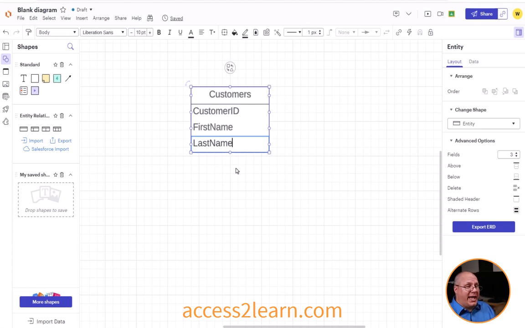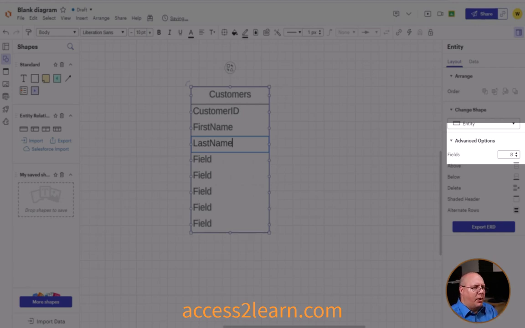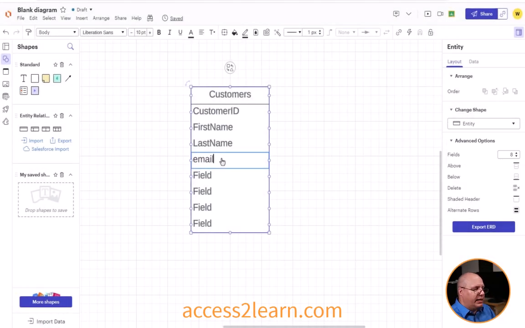Now, I don't have enough fields here. I need other things. I need things like maybe an address, and maybe things like an email address and a phone number, and other things I might need. All depends upon how am I going to use this? What am I going to do with this? So I'm going to take a look at my fields over my right-hand side, and I'm going to just bump this up, and I can just kind of come in here like that, just bump it up to 8, for example. And I'm going to have email,